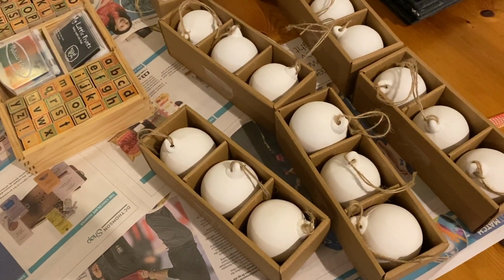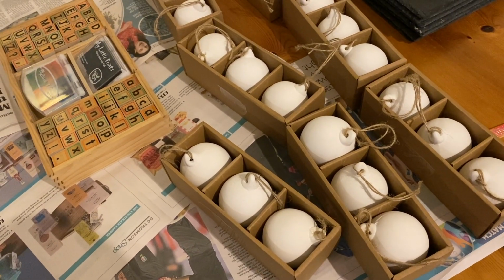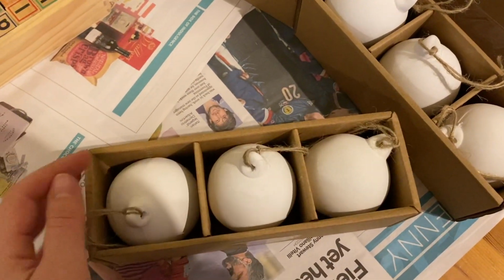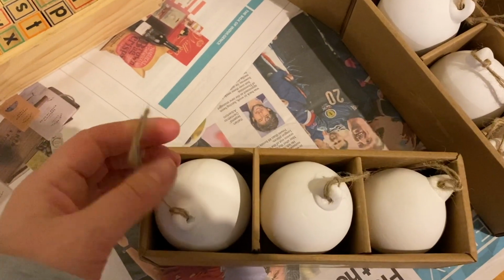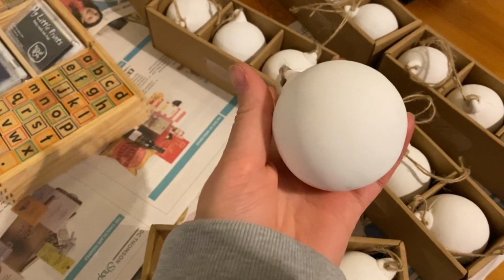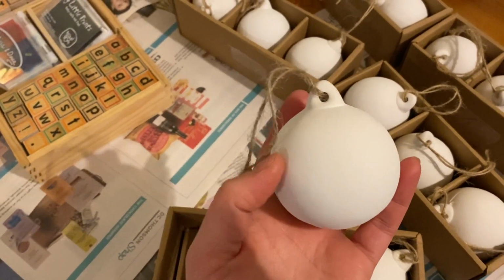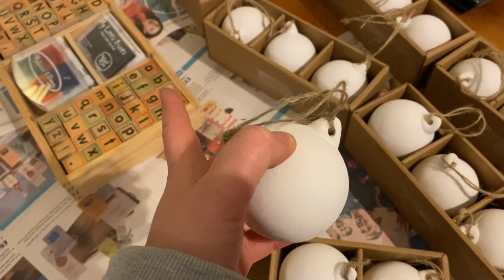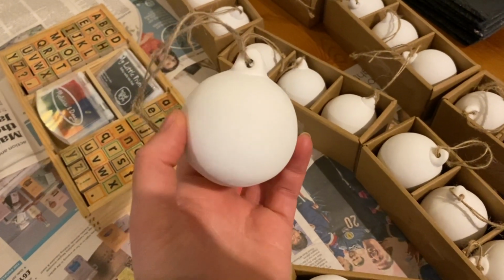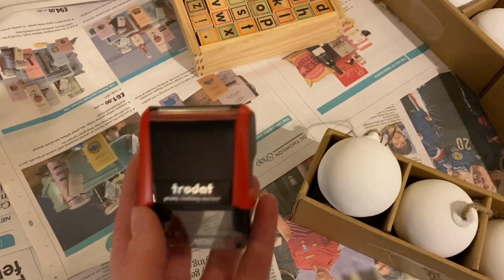Okay, so I'm preparing early for teacher gifts, but I'm also going to give these to some of our relatives as well. I bought these from Hobbycraft, and they're just plain ceramic baubles. They've got little bits of imperfections on them, but they're lovely. Don't know if you can see, there's little imperfections as you can see there, but they're very rustic and just beautiful. So my plan is to put the teachers' names using the capitals, but their last names, so it does for their family, on the tree on this side, and then on the other side I'm going to use this